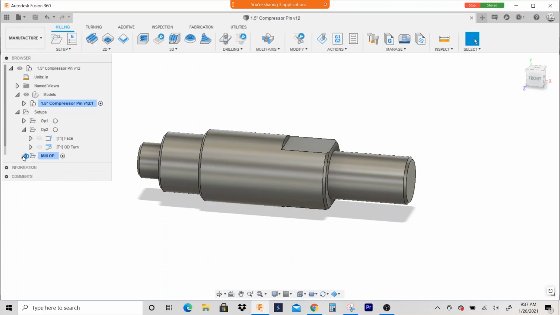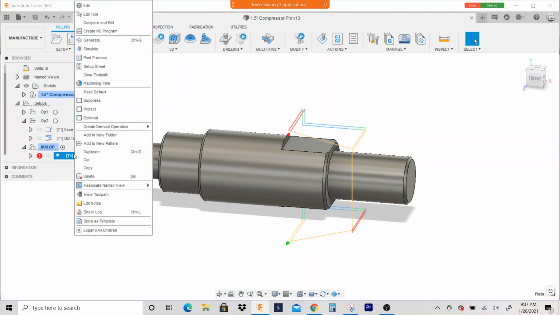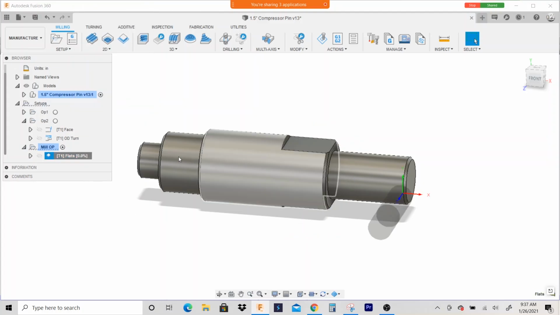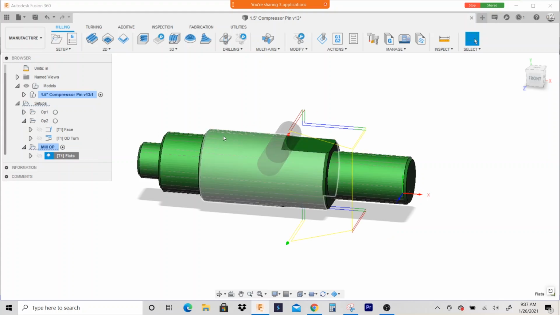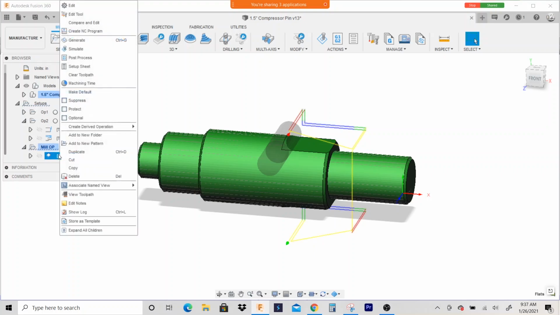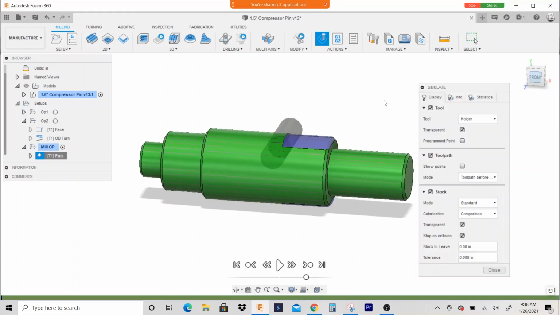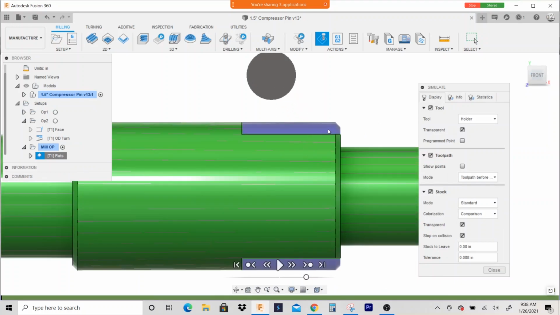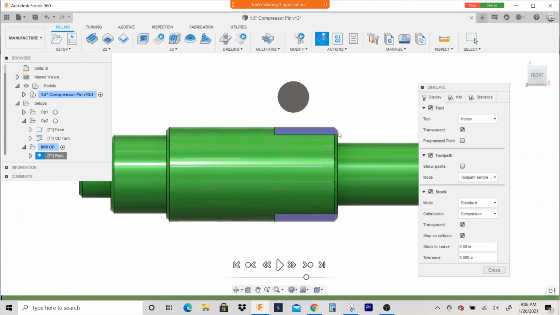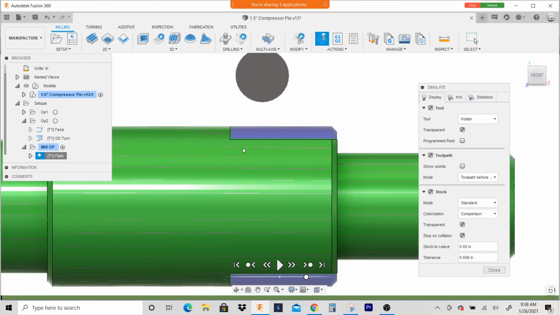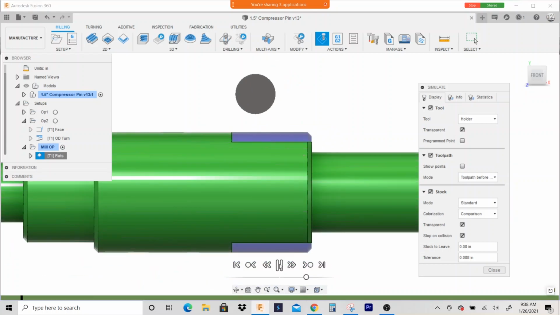But now, Fusion is going to want me to regenerate it. So I'm going to regenerate these toolpaths. Okay, so now, when I simulate it, it's actually going to show what the stock currently looks like, okay? And you can see the stock is exactly the same, except it doesn't have the flats on it, right? So when I simulate it,